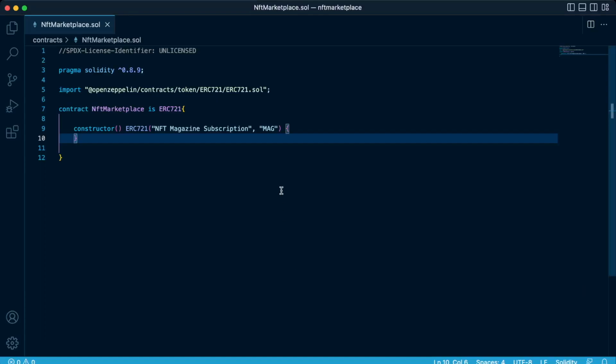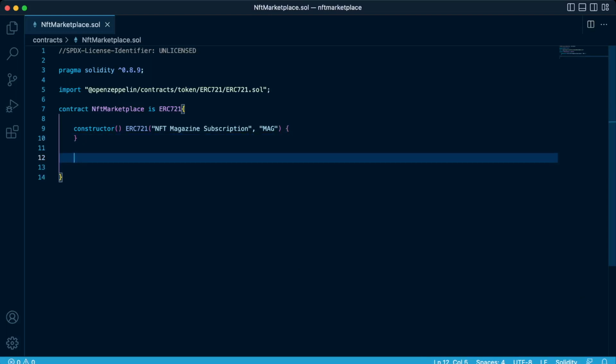Let's create our first function that represents the first feature, which is creating an NFT. So under here, there are two ways of doing it. We can just create the function straight away, or we can first define what our function is all about. To do that,